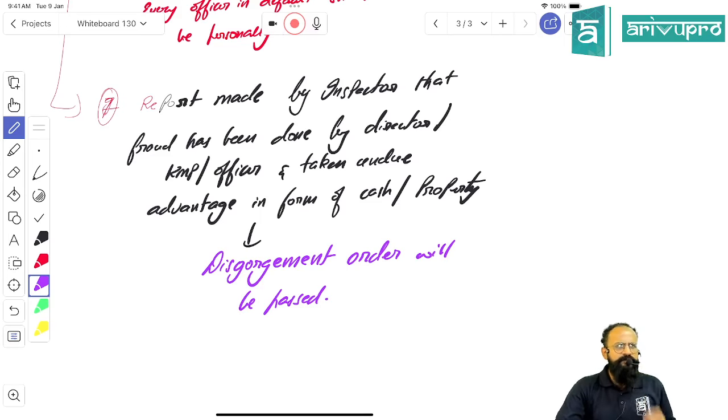And the third one is people, when a company is given incorrect information, fake information, and if you have registered a company, whoever has given such fake information, again they will be considered as unlimitedly liable. Then there will be no limited liability. Fourth one, if at all there is any fraudulent activities that has taken place, again there will be unlimited liability. Fifth one,